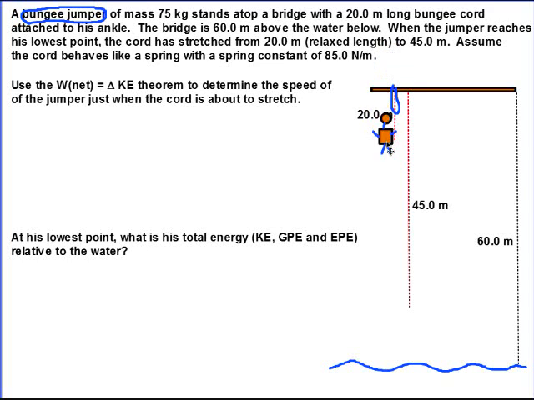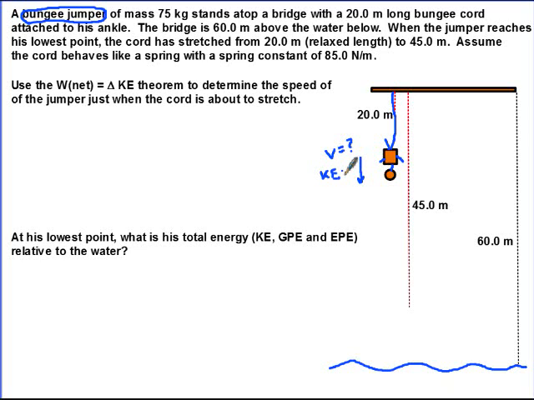So here he is. He's going to be upside down now, so let's just turn him like this. He's at this particular point. The cord, let's just redraw that. The cord hasn't stretched yet, but there he is. I would like to know how fast he's going at this point. So I'd like to know his speed at that point, and the way I'm going to do that is I'm going to find his kinetic